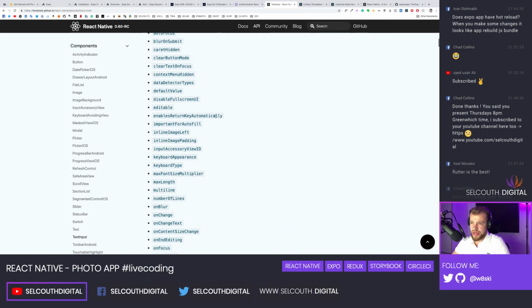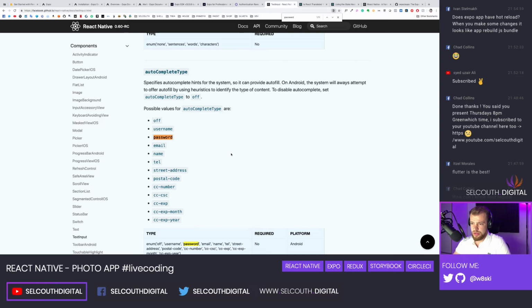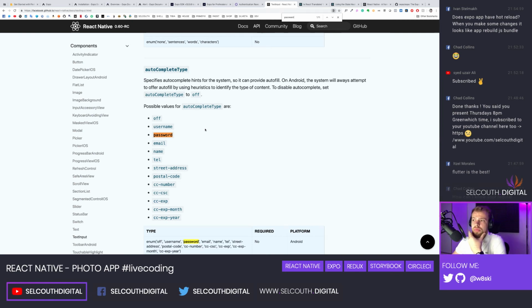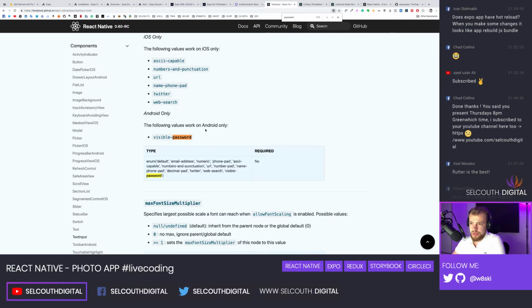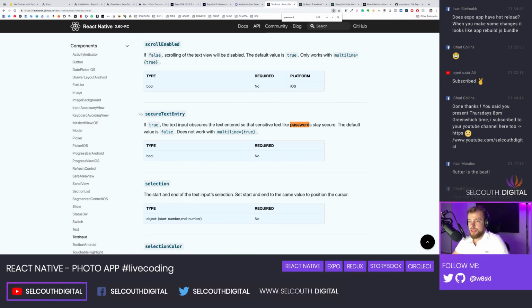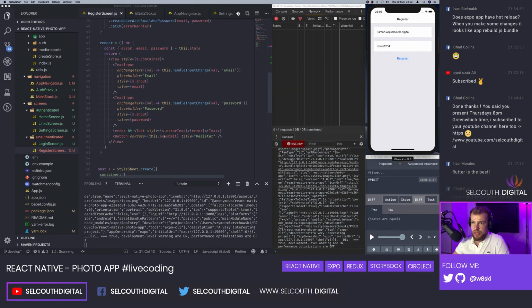So what we want to add is secure text entry. This is the prop